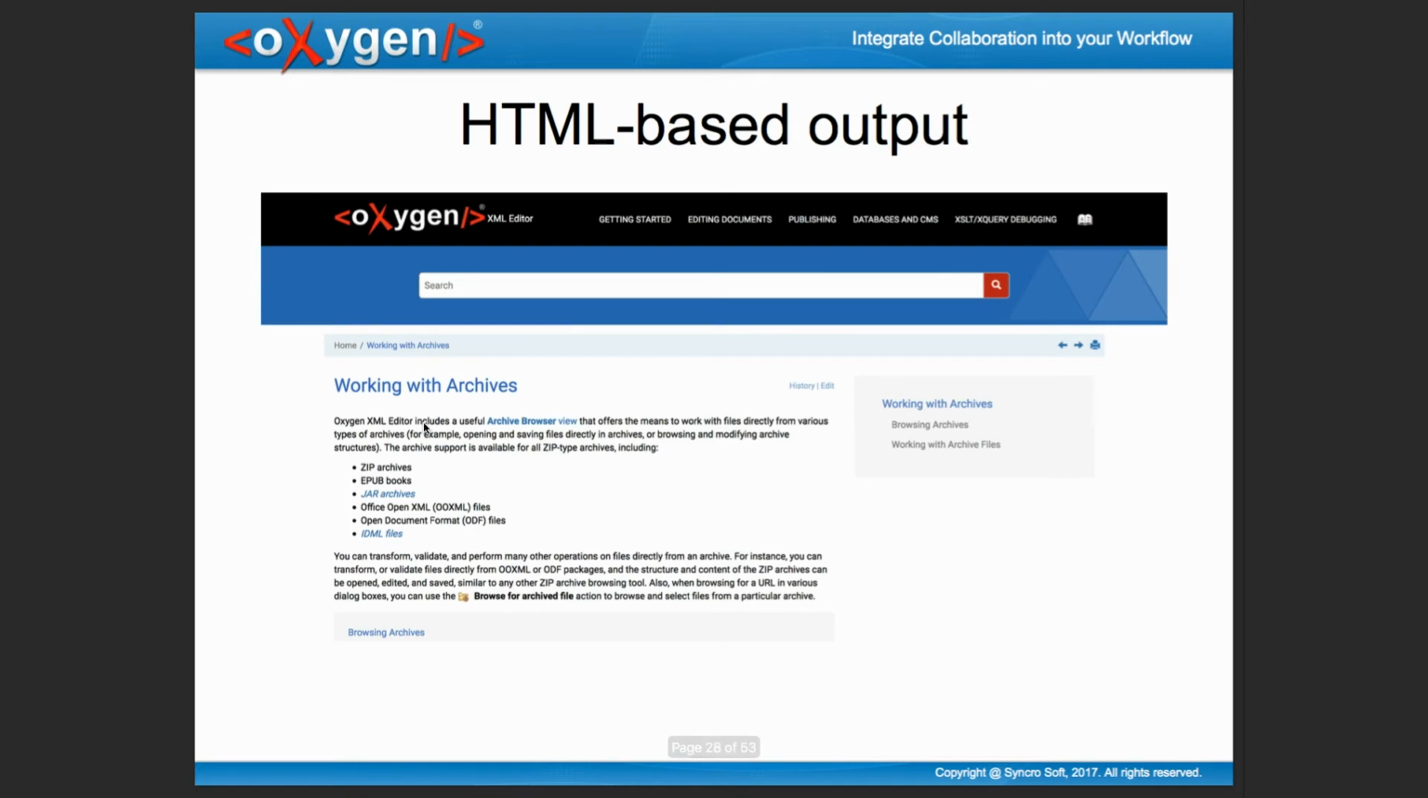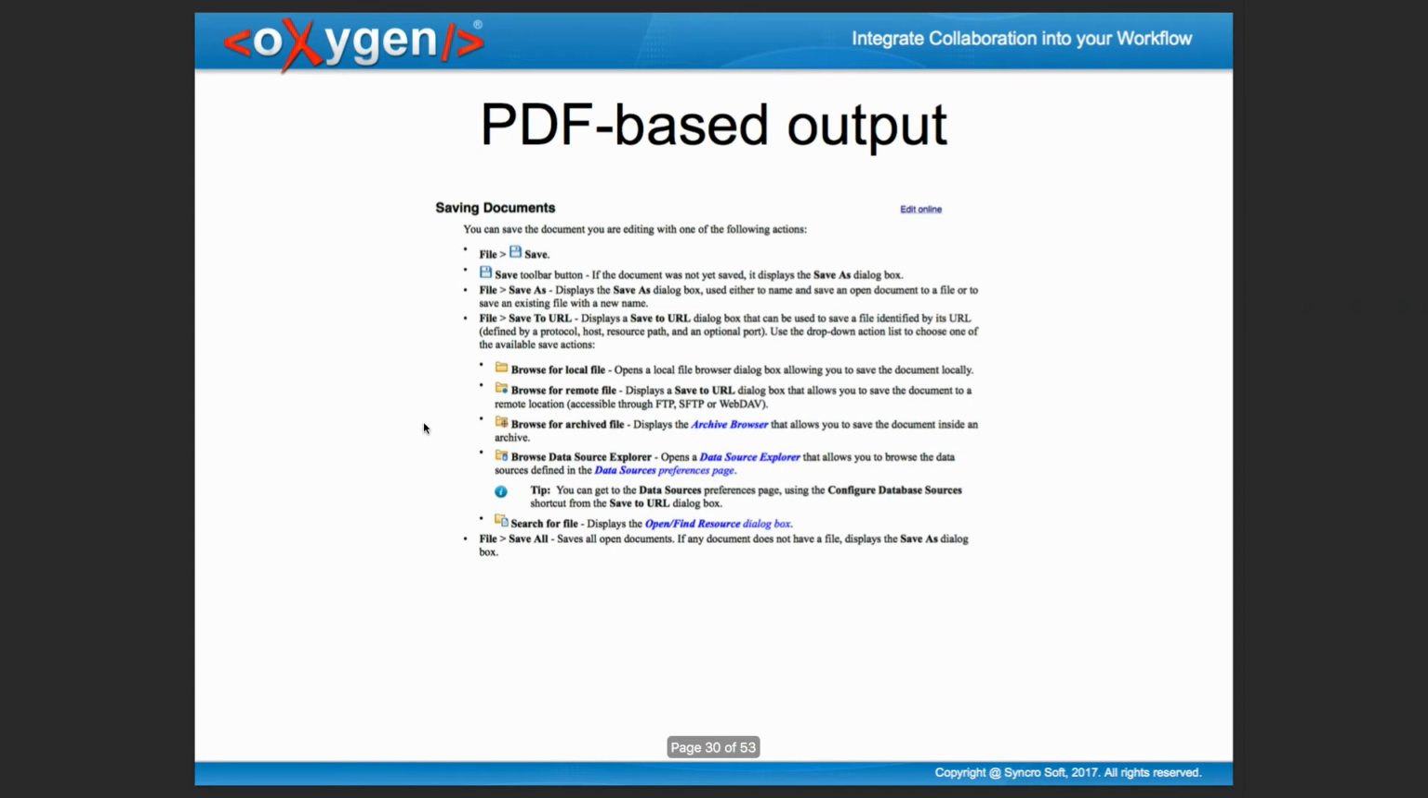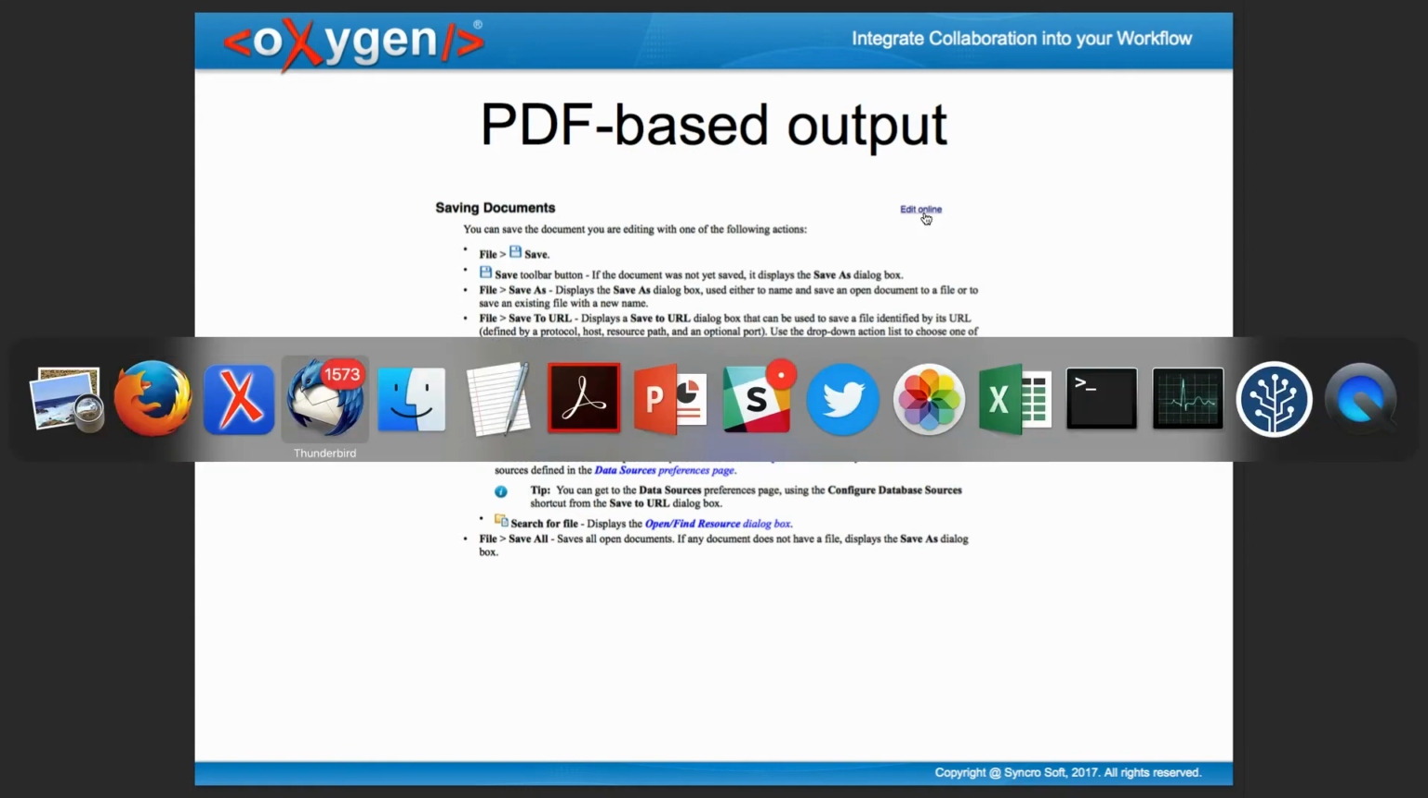And we provide one DITA Open Toolkit plugin, which creates these edit links on HTML-based output, any HTML-based output, and on PDF-based output. So in the PDF, it looks like this. Edit online, you have on a topic, and you have this edit online button, which gives you access exactly to that topic. Let me see if I have